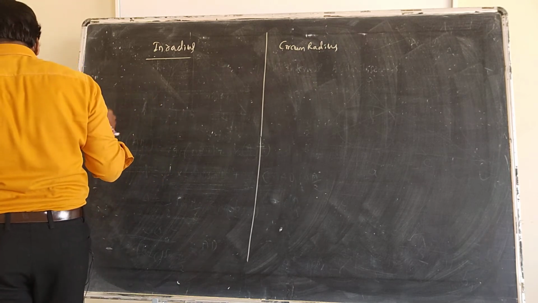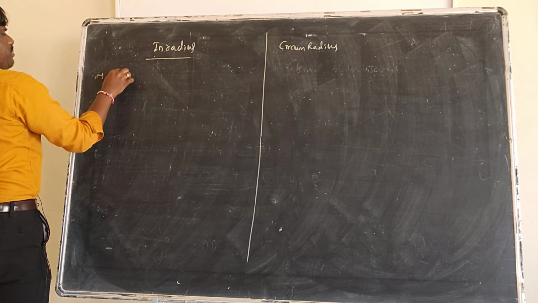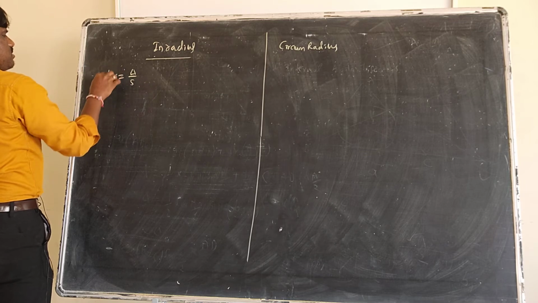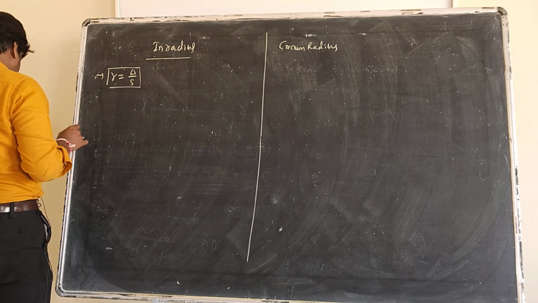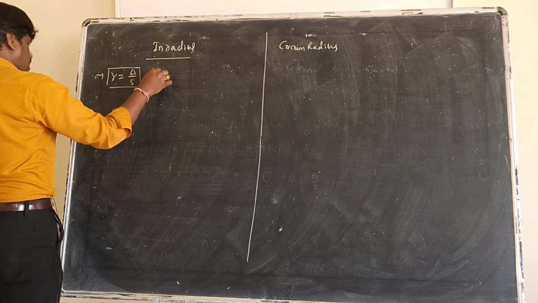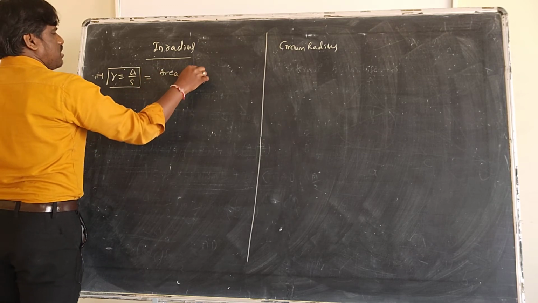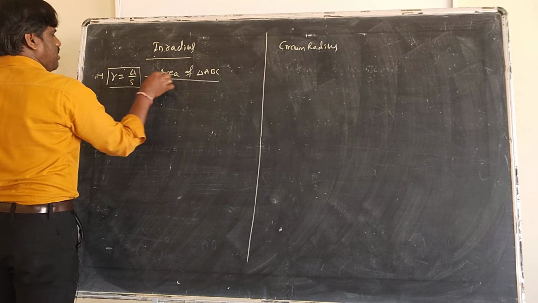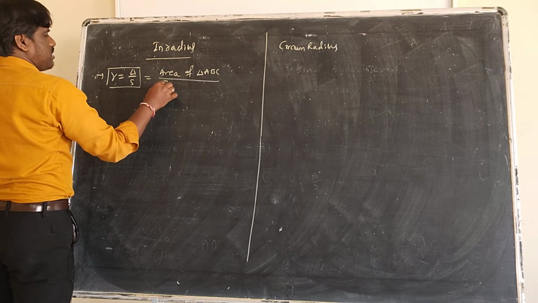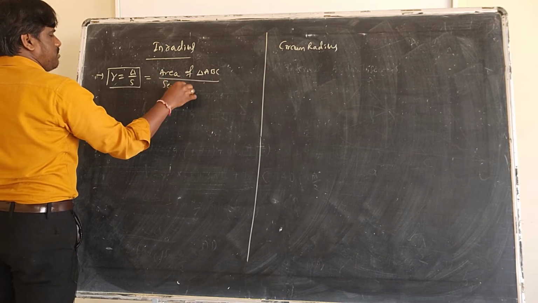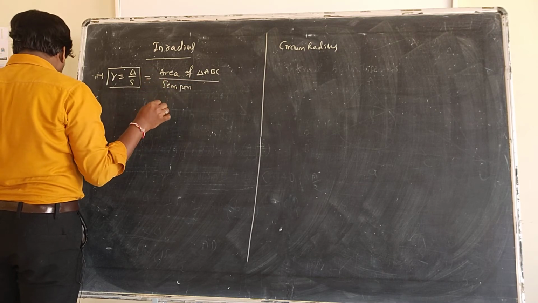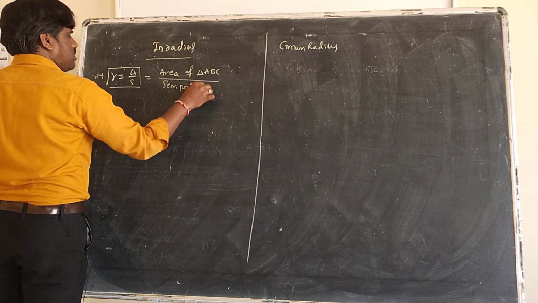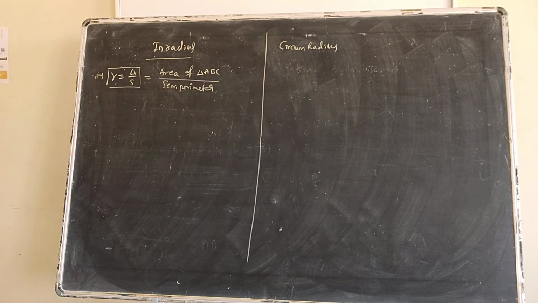Now I will explain inradius, which is very important. R is equal to delta by S, where delta means the area of triangle ABC and S means the semi-perimeter. Everyone knows this, right? If I want to find the inradius, this is the formula. The length of the inradius is delta by S. You learned this in 10th class also.